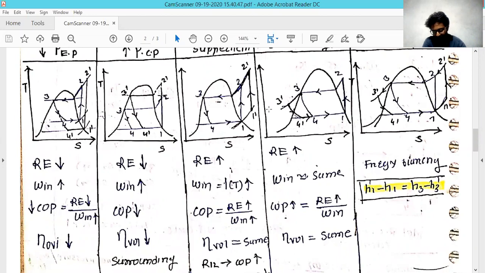So we cannot comment on these two values directly, which one will be better compared to the other. So here we cannot comment on the coefficient of performance, but the volumetric efficiency will be the same, because the pressure remains constant in both conditions. And